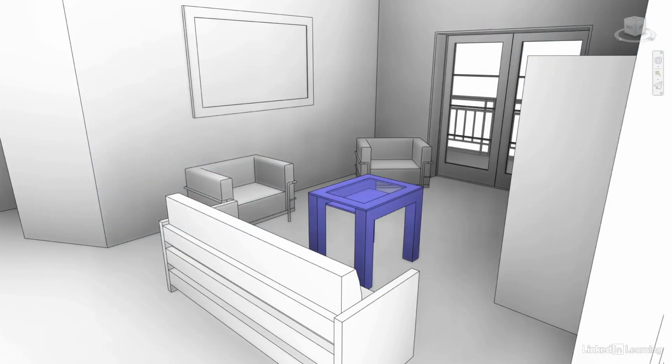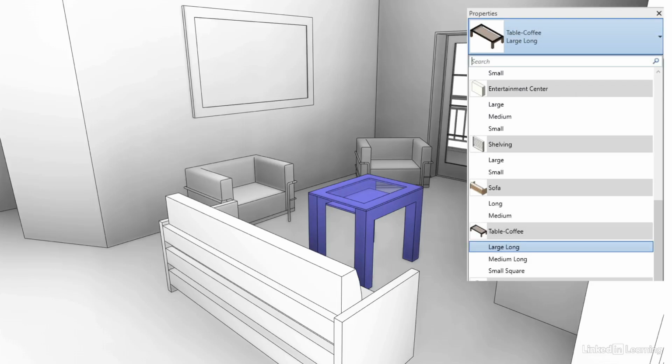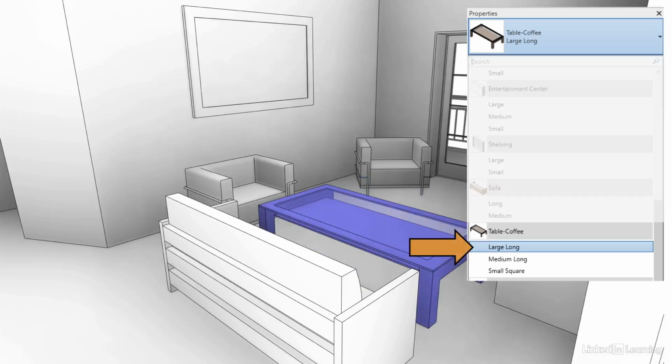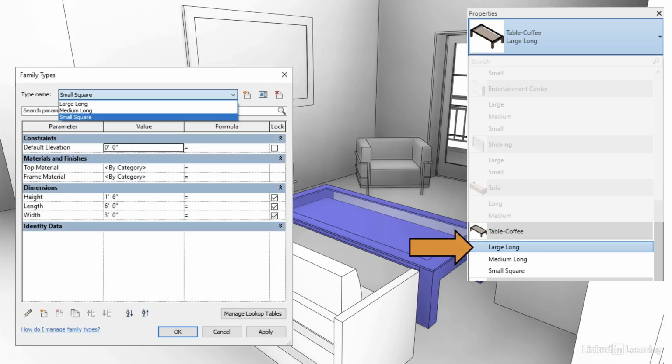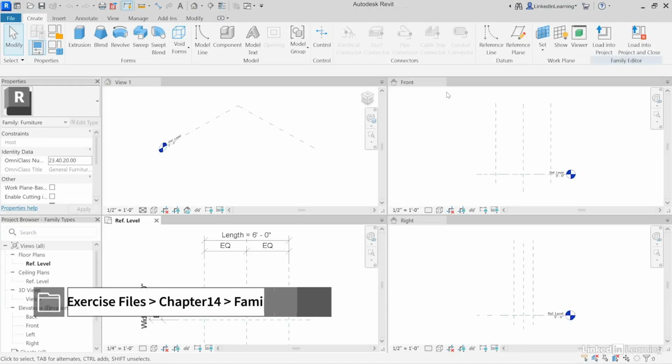Now contrast that to a family that does have built-in types, like this coffee table right here. When you open the type selector, you will see a list of available types there beneath that family. And you can see in this case that it's easy to switch from one size to another. And this is what it would look like in the family editor environment. You'll now see a list of types at the top of this family types dialog, and you'd be able to choose each one and configure its settings. So what we're going to do is switch over here to Revit now and create some family types for our